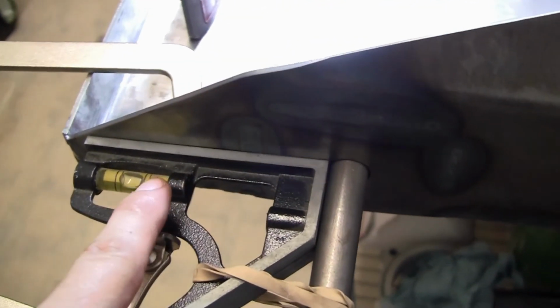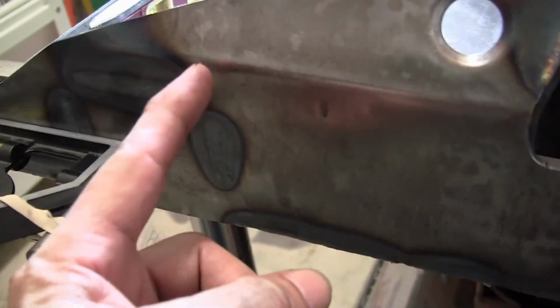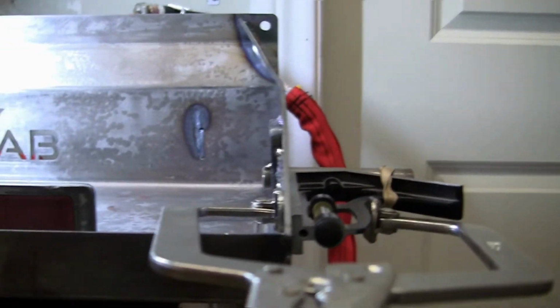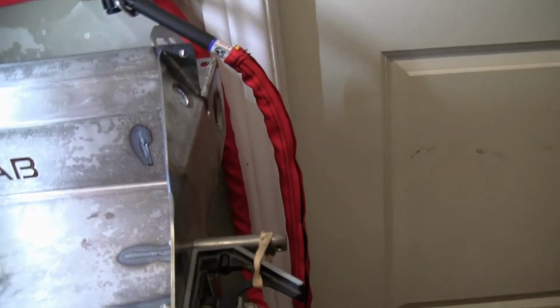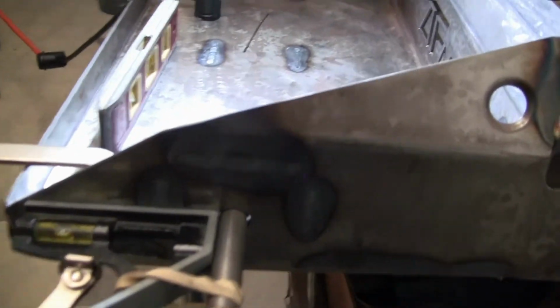So I get my little angle square bracket and I brace it to the side. The reason I do that is because this side right here kind of goes inward. It's not perfectly straight up and down. There is a little bit of curvature to it. So what I have to do now